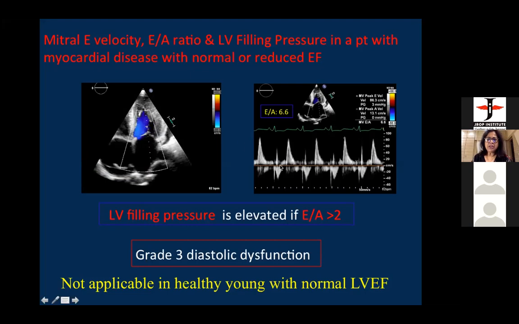Blood flows from the high pressure LA to the left ventricle with a very, very high velocity. But since the LV is non-compliant, the deceleration is quick because there is a quick rise of the LV pressure. Understood? So there is quick deceleration that makes a tall E with a short deceleration time, but the A wave is still